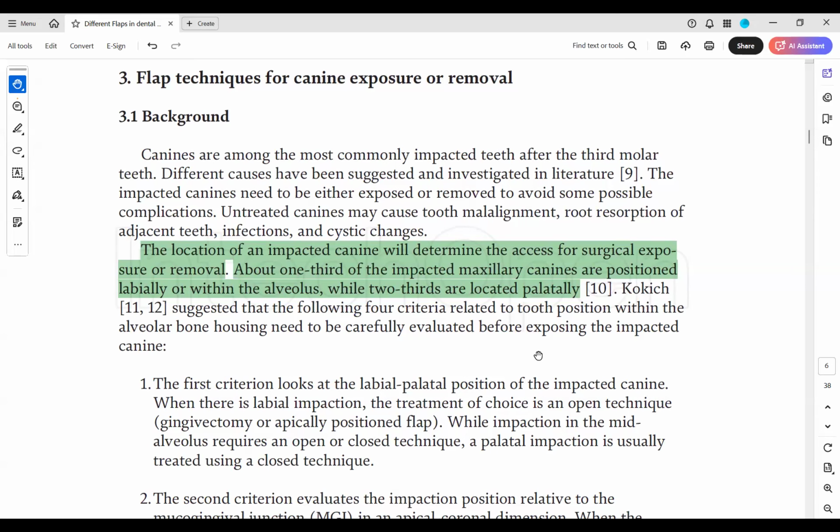Is that part clear? So now let's move to the management of the impacted canines. Now this is getting asked very repeatedly. The recent orthodontic articles released in 2024 in the ADA journals, all the Australian dental journals, ADA lectures, all the ADA meetings, have been focusing on the importance of the general dentist